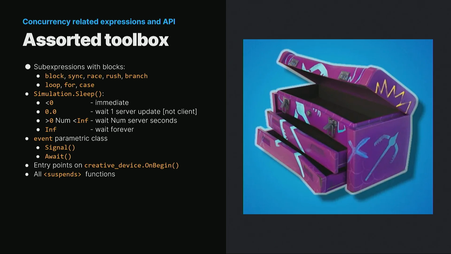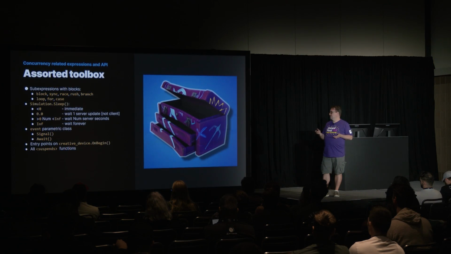And that's not what is updating on the client. The client and the server update at different rates, which is something that gets people all the time in programming Verse. If you're trying to do something that's updating at the same rate as the client, you can't do that with sleep because it's going at the rate of the server. And the server is actually updating slightly slower than the client. The client, depending on your video card, depending on what's going on, can be faster or slower.